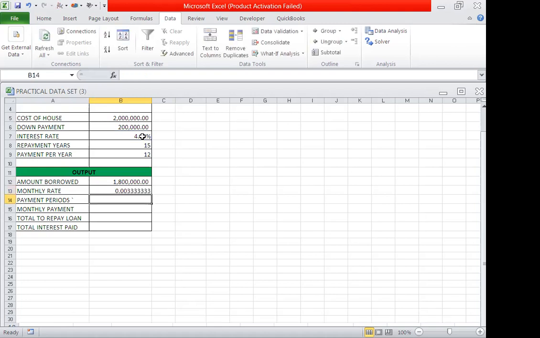So the monthly rate is 0.33%. That is the monthly rate. So ni ile rate yenye mtu, the interest yenye utakuwa nalipa per month is 0.0033. And then now the payment, you will be paying for 180 months, because tutakuja hapa tuseme ni 15 years,